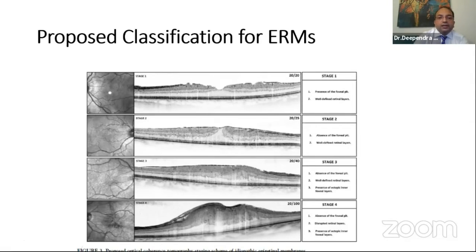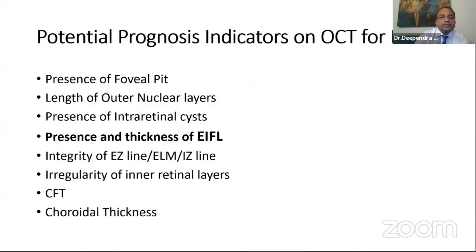Now this is again very important, that before you label any epiretinal membrane as stage 3, you have to do 360-degree scans, and you make sure you are scanning the center of the macula. It's not an eccentric scan. This is what they also highlighted. But in stage 3, you can still make out all the layers. There is no disorganization. When there is disorganization and you can't identify these inner retinal layers, then you label it stage 4. So this classification was initially proposed, but now a lot of studies have found it very useful, and it's a very reproducible classification.